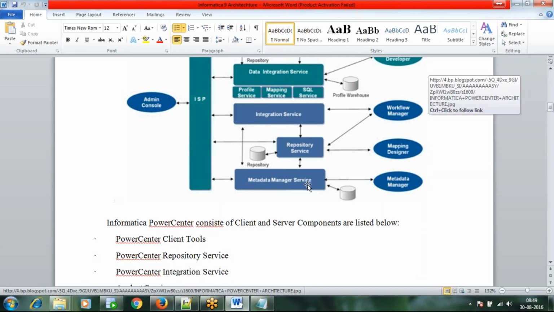So I told you that we have 4 clients, right? Here the Mapping Designer is the main client. By using that, I can do the coding part. The Mapping Designer interacts with the repository service, and the Workflow Manager interacts with the integration service and the repository service. By using Designer, I can do only coding, but by using the Workflow Manager, what